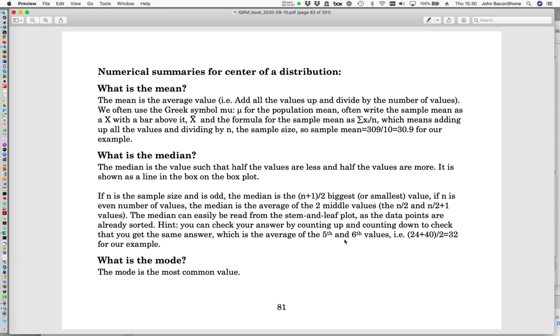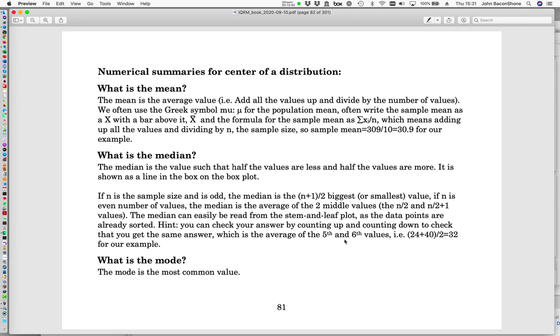So the second possible summary is what we call the median. This was the line in the box on the box plot. The value such that half the values are less and half the values are more. If n is the sample size and is an odd number, then the median is just the (n plus 1) over 2th biggest or smallest value. So if we had 5 values, 5 plus 1 is 6, 6 over 2 is 3. So the third biggest value out of 5 or the third smallest value out of 5 should both be the